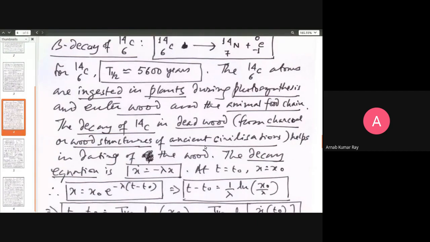Suppose you want to study the Earth's geological processes, the time scale of the Earth's geological processes, then you should not use radioactive carbon either, because geological processes happen on a time scale of millions and billions of years. For instance, the dinosaurs, they died because of various geological processes. They became extinct. Now they became extinct 65 million years ago. 65 million years. So if you want to study the aging of those geological strata in the Earth's interior,